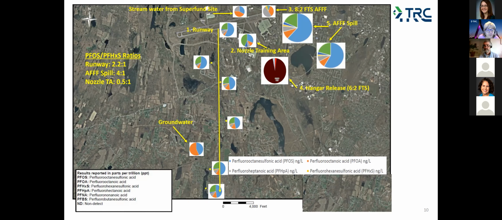And the fifth one here, these 2 pie charts, these show another potential source from a release of concentrated AFFF. And they kind of look like the pie charts from the older emergency response here on the left, where there are differences between all these releases based on the ratio of PFOS to perfluorohexane sulfonic acid. So as I mentioned earlier, different lots of AFFF produced by 3M had different ratios of the PFOS to perfluorohexane sulfonic acid. So basically, using this forensics, we were able to save our client actually a lot of money by demonstrating which source of PFAS contamination was due to their AFFF.